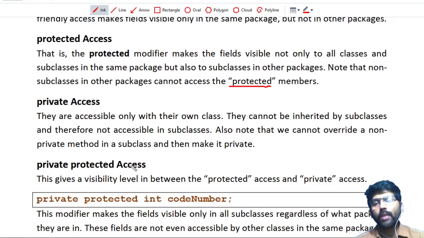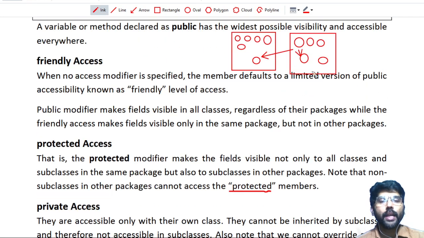Private protected is between protected and private, because it contains both keywords, private and protected, so its visibility is between private and protected. What is the meaning of private protected here? I am taking a variable as the example, but we may consider a method also.